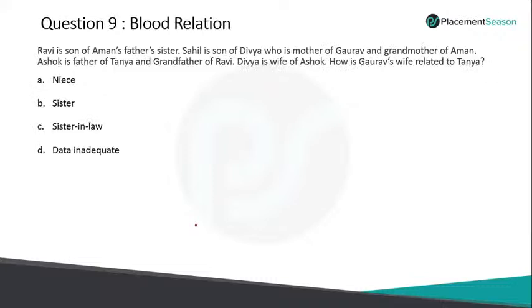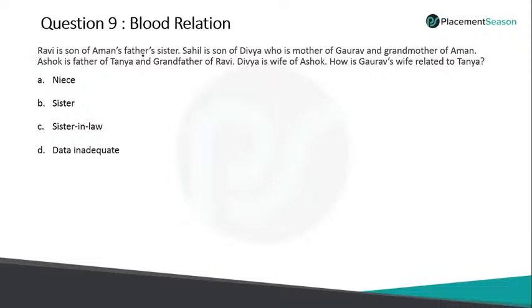Yes. Okay, next, blood relation. Ravi is the son of Aman's father's sister. Whenever you get any blood relationship type question, you need to always plot it either from the front to last or from the last to front, depending on the question, and always try to plot the map. Otherwise, you will miss out somewhere. So now we'll start plotting the relations. Here the gender is considered by the name.